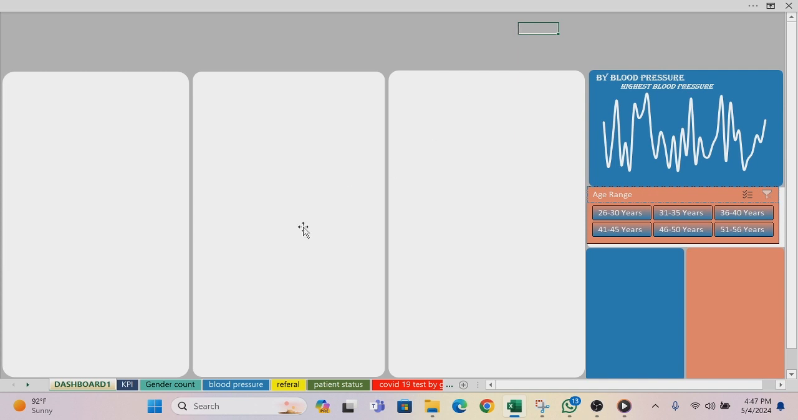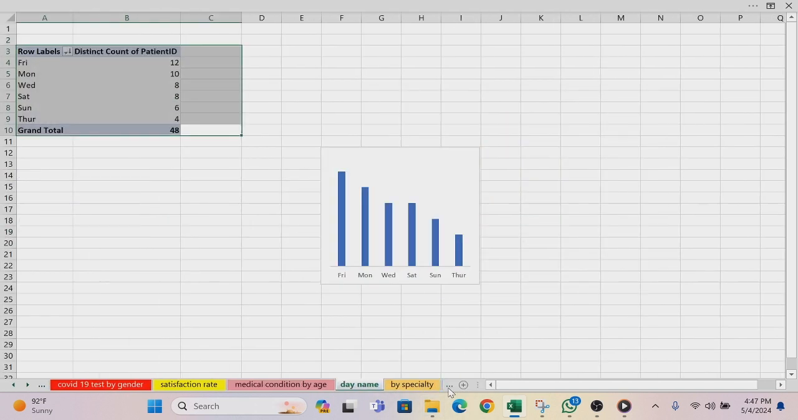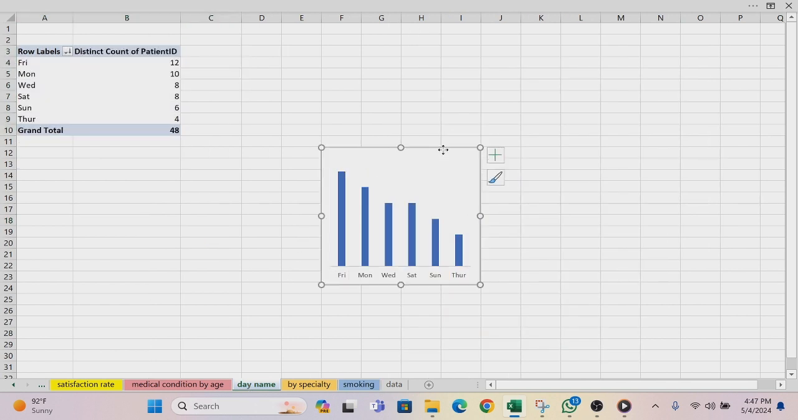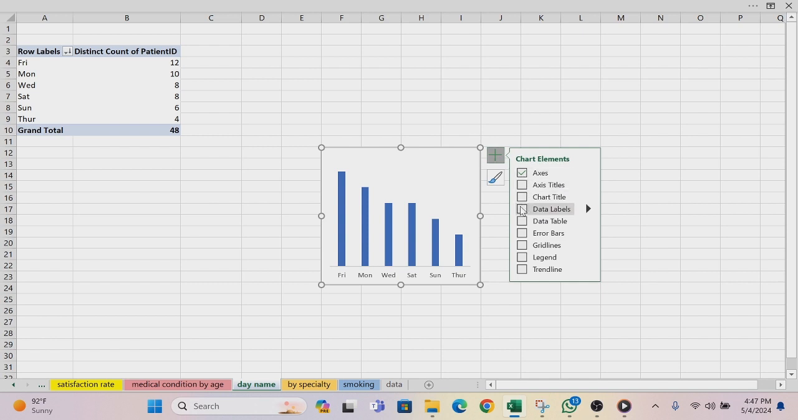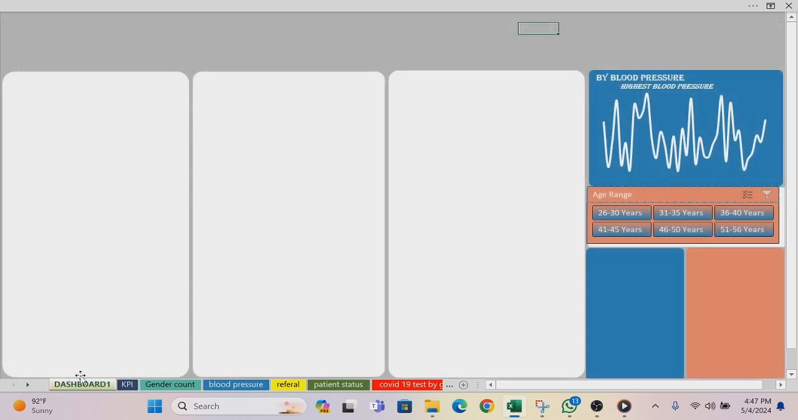The next we want to bring in appointments by day. That shows us the number of patients that come in by day. So this is what we want. But let's go ahead and add our data labels to this. And let's make it smaller. So Control C, take it to your dashboard. I want it here. So Control V,